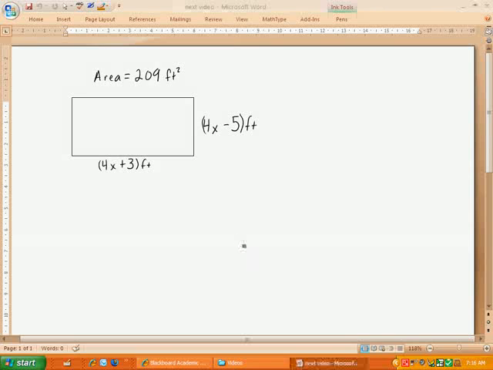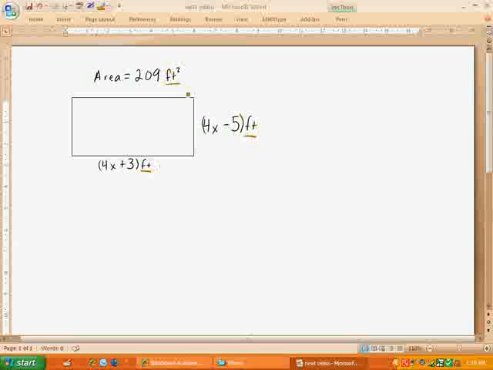So let's look at one more problem where we're going to use the quadratic formula. This time I'm going to do one of our typical area problems where we've got a rectangle. And this rectangle has an area of 209 feet squared. Now feet squared are just the units. Feet on the length and the width are both the units. So we don't really need to pay too much attention to that other than just understanding that they all have